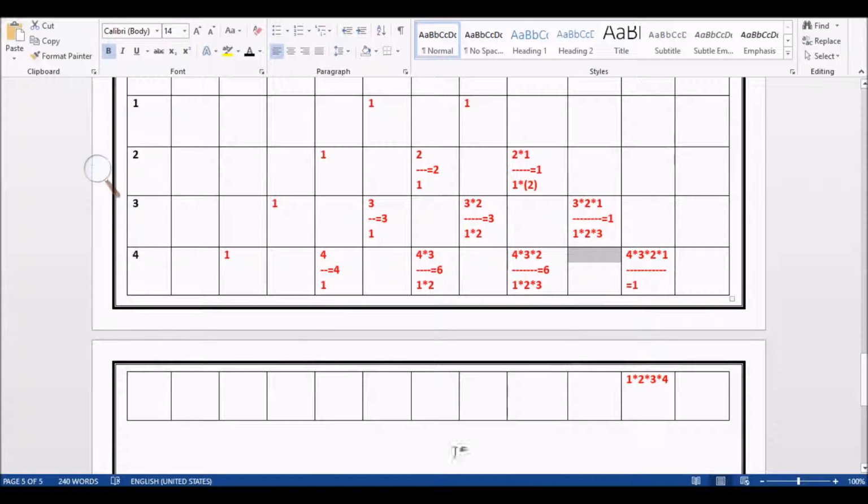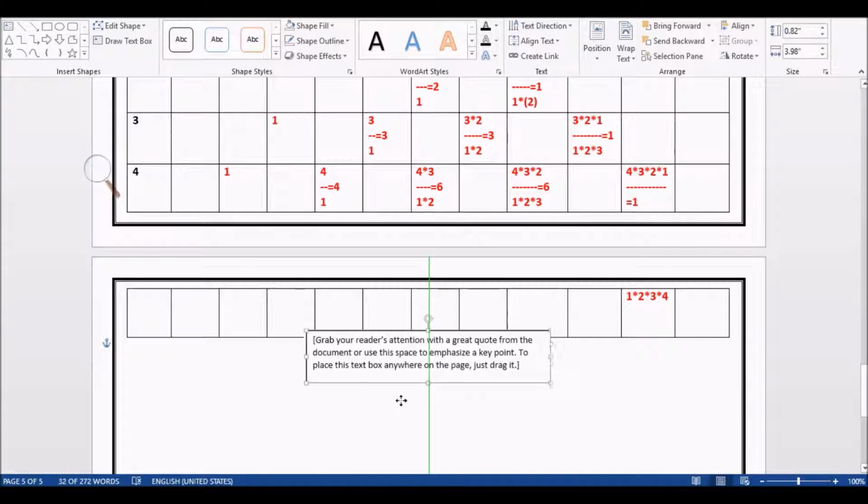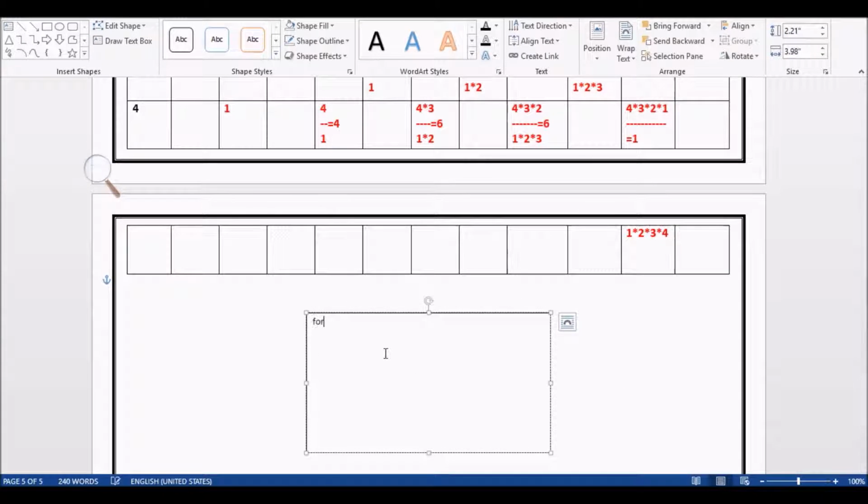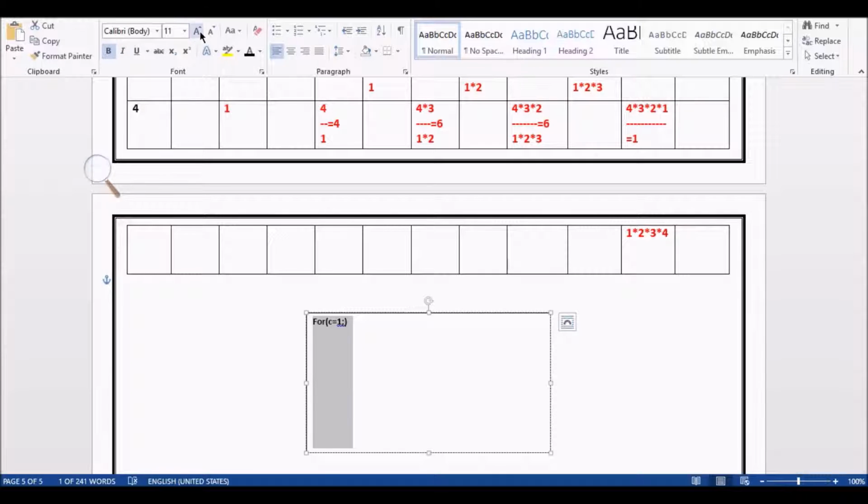So what is our logic here? For column is equal to 1, column less than or equal to k, c plus plus.